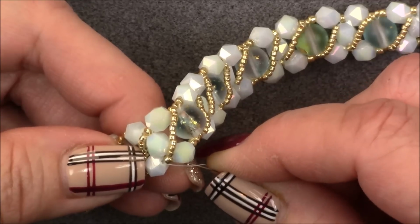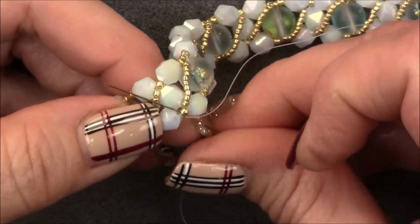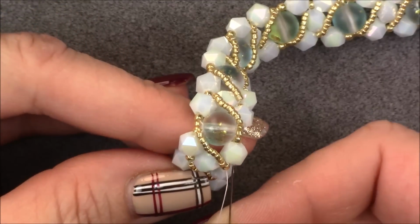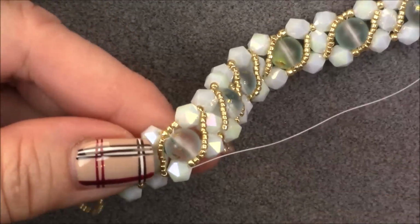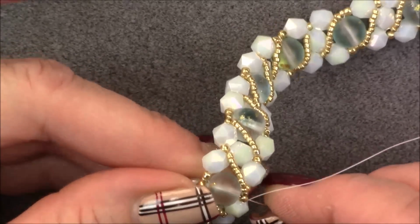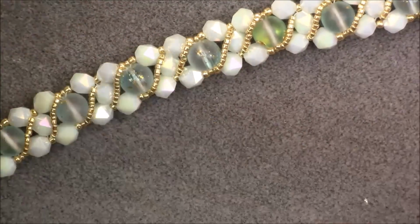I'm going to get a thread bridge between the two of them right here. And there's two thread bridges, one into this bead and one into this bead. I'm going to go into the one on the edge right here and just tie a knot. Then I can slide down into this 11-0 and into the next octagonal bead, into these two. Actually, I'll just go into the 11-0 here, not the 15-0, because that's an embellishment, then up through this bead. Now you can sew through and tie as many times as you want. I'm just going to call it good, and I'm going to cut that off really short